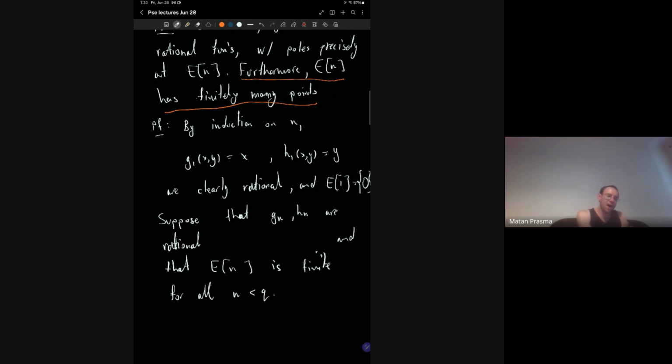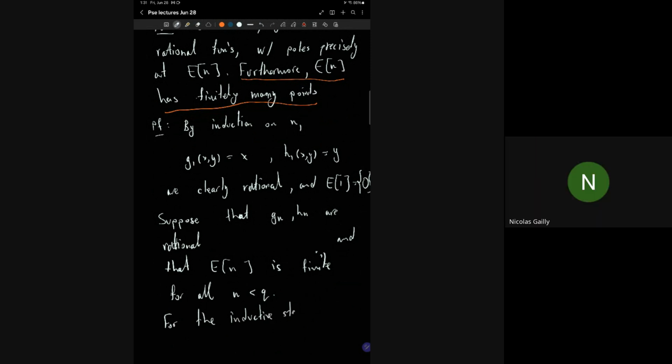So how do I know that Gq and Hq are going to be rational? So for the inductive step,